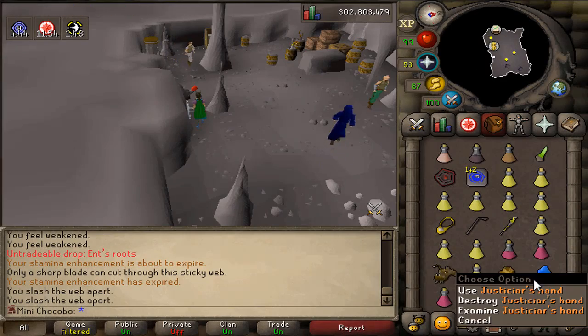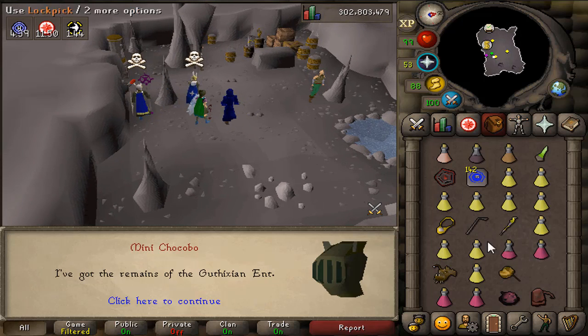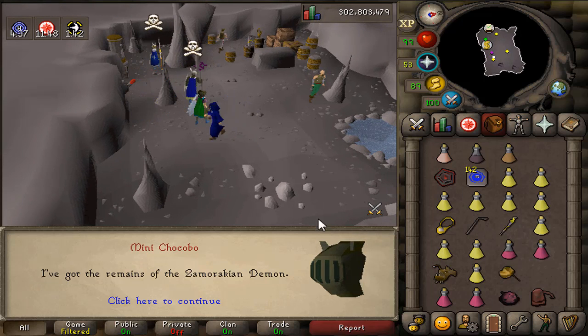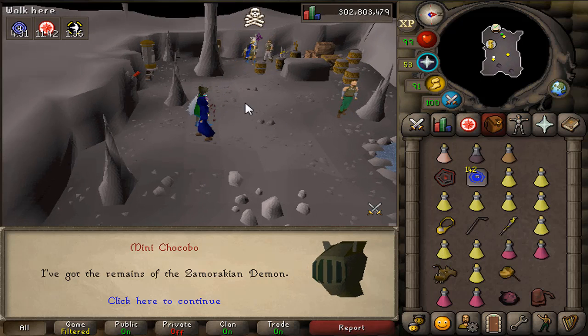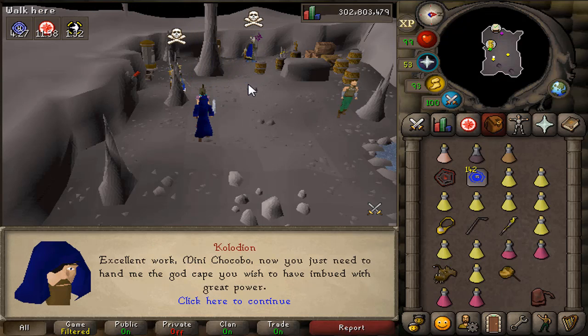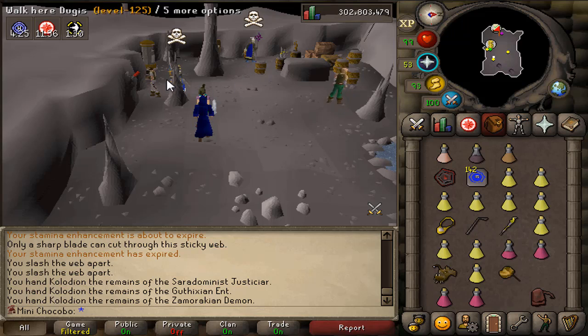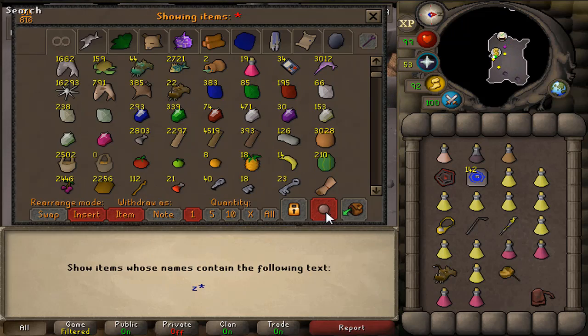And here we go. The 3 items needed for the imbued God Cape, which is my very best in slot Mage Cape. Probably will be forever, because there ain't a better one yet, so feels really good to get this out of the way. Gonna go ahead and get that Zammy one, just in case I ever do Mage Bandos. If I ever get an Ancestral Top, that is a possibility, but